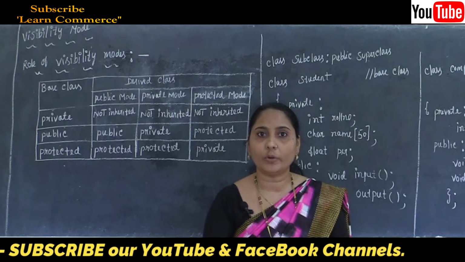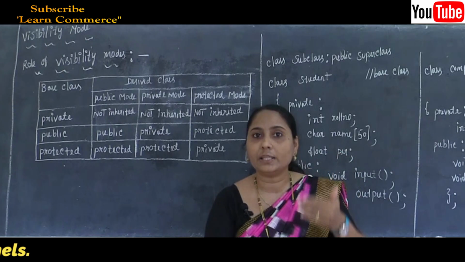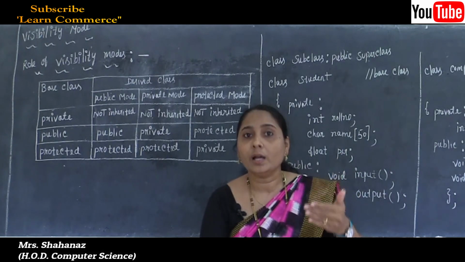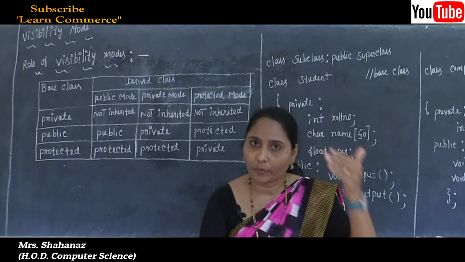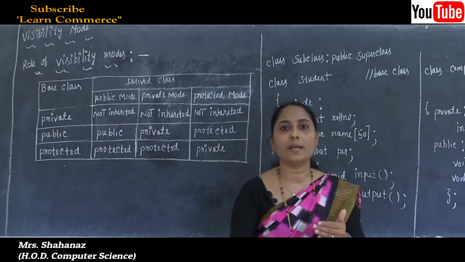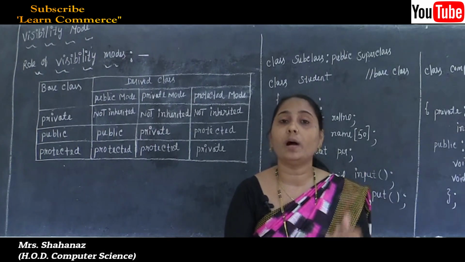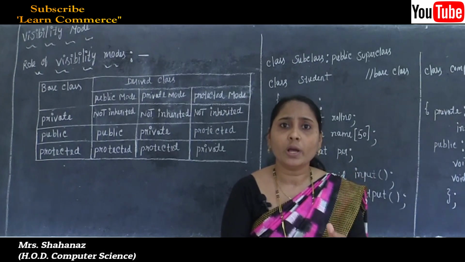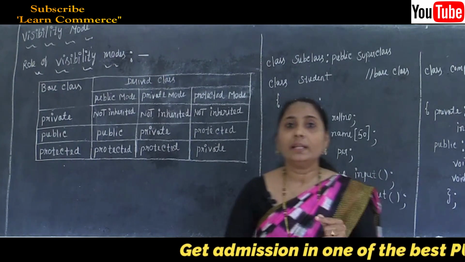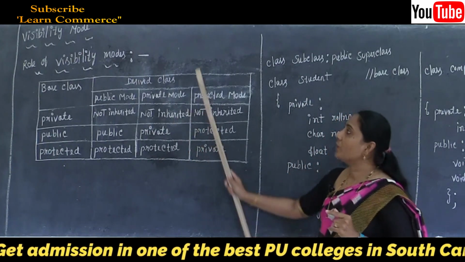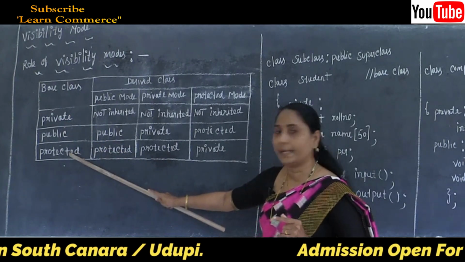That means when we are going to construct one new class, such a new class is adding the features from which side: whether the base class public side, or the base class private side, or the base class protected side. So this is the most important note about our visibility mode. And also we can say that the visibility mode basically controls the access specifier. So the access specifiers are private, public and protected. Clear this point here?